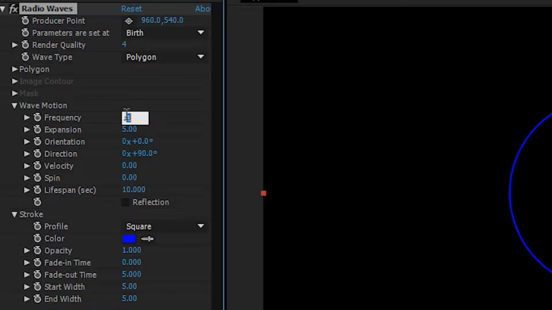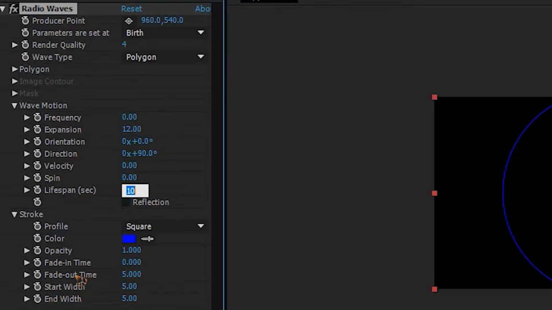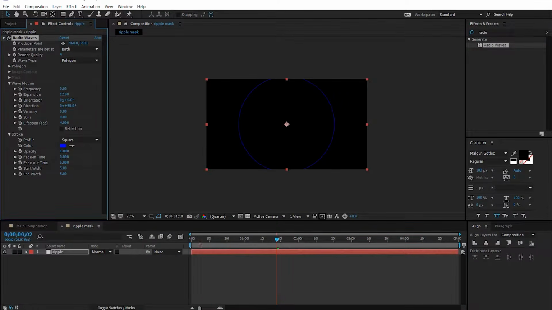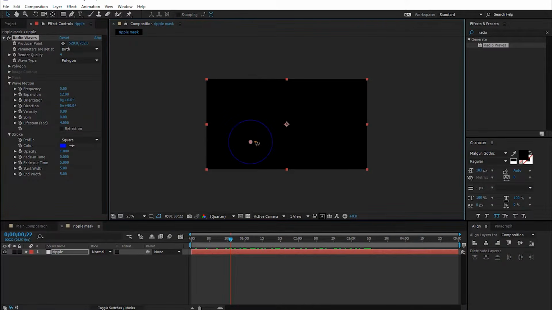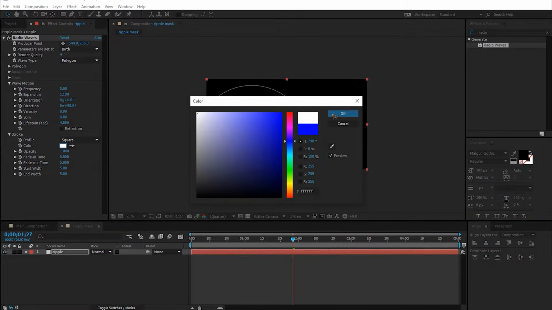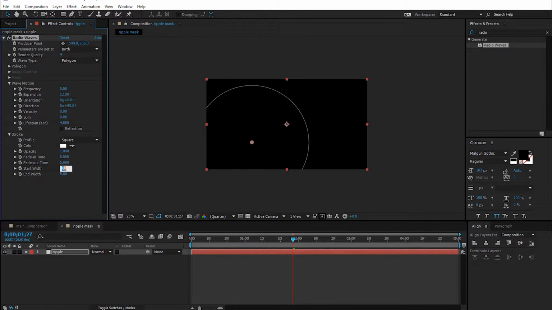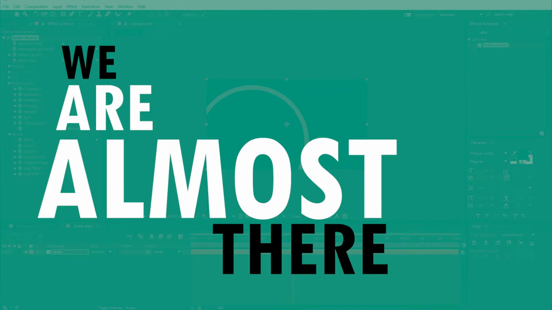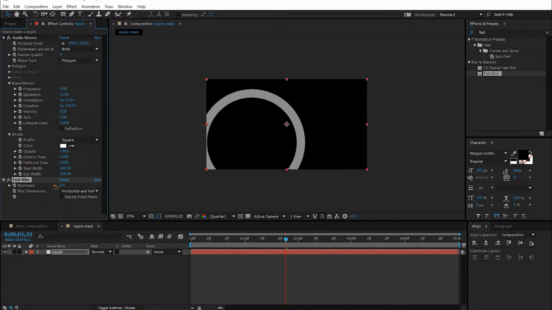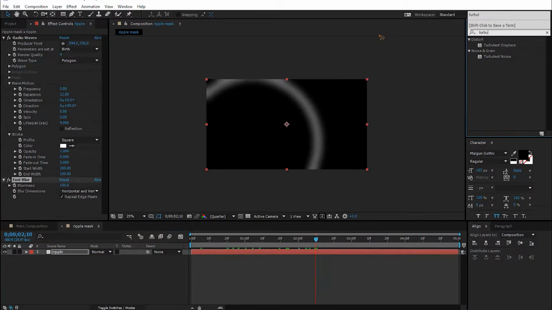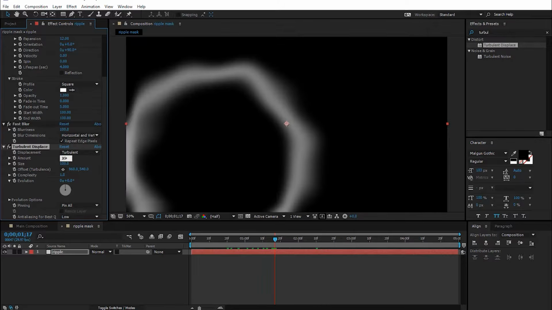Set the frequency to 0, expansion to 12, and lifespan to 4. You can change this point to wherever you want and also change the color to white and start with 200. Apply a fast blur effect on that layer and also a turbulent displace effect and decrease the amount of the